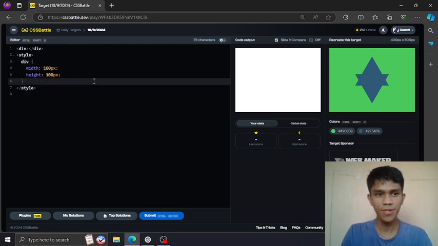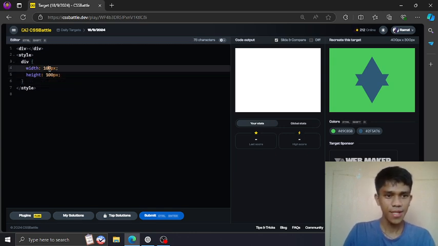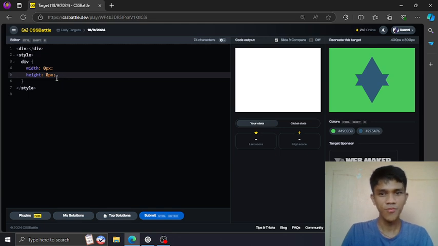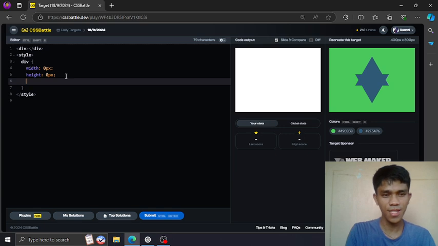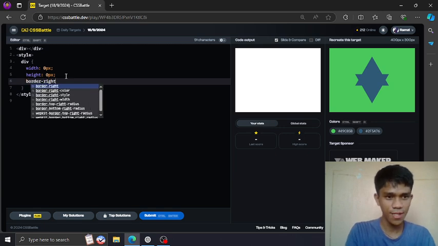Remove the background actually, and set the size to 0 and 0, the width and the height, because we are trying to create a triangle via border right and border sides. A triangle has three sides, so border right,